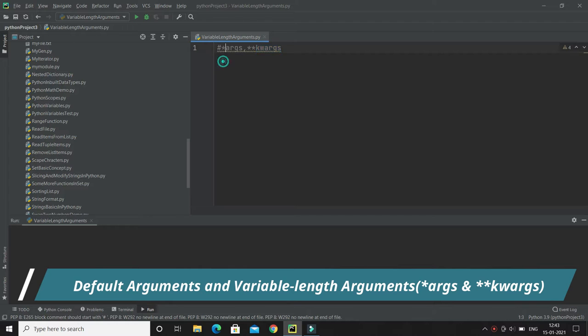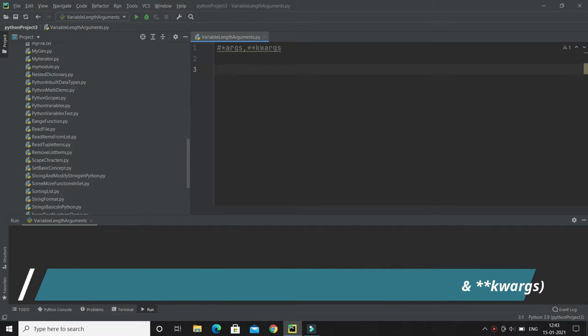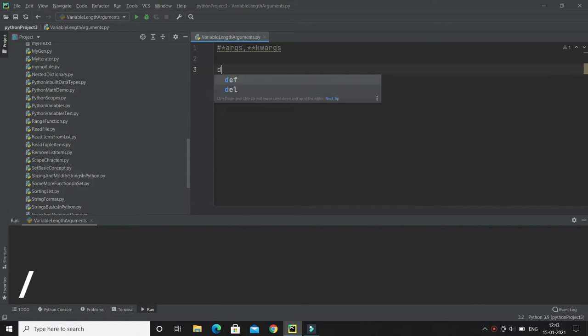But before that, let me explain some basic concepts: when you define a method, how we can pass a default value for any argument while defining the method. So here I'm going to define a method called, let's say, person, and here I have, let's say, name, right? And then I have age and country.